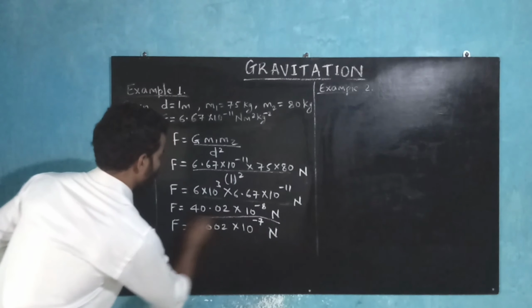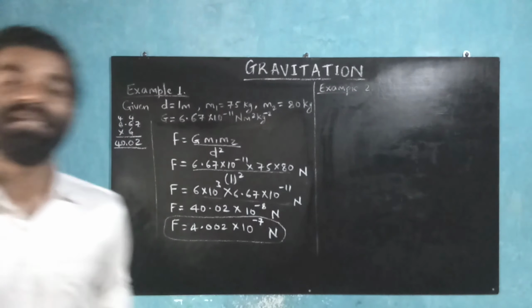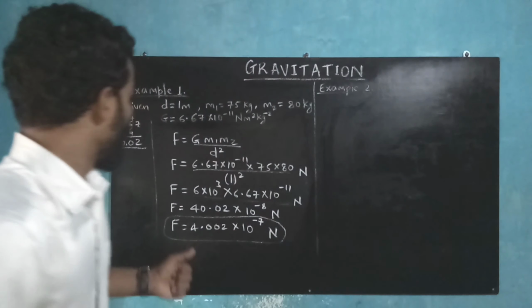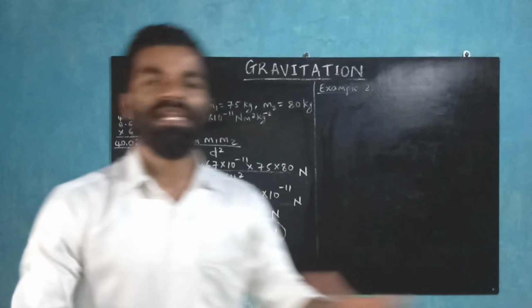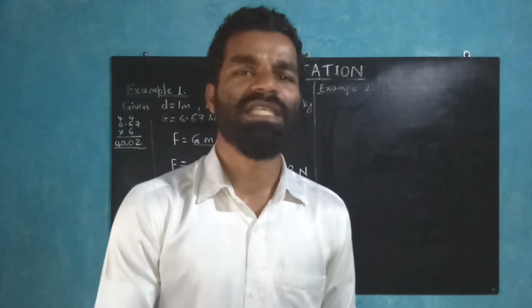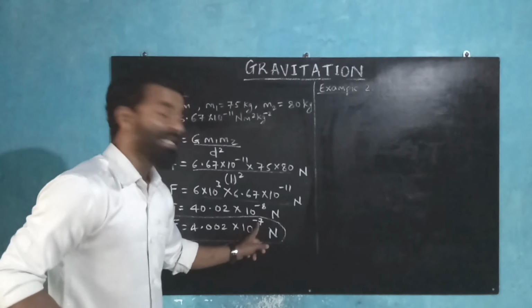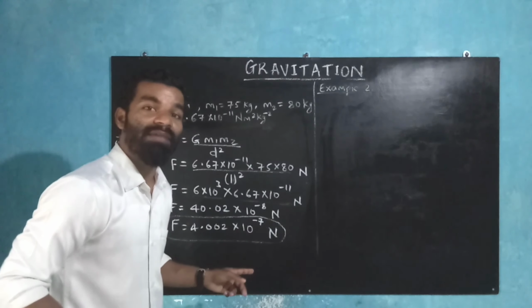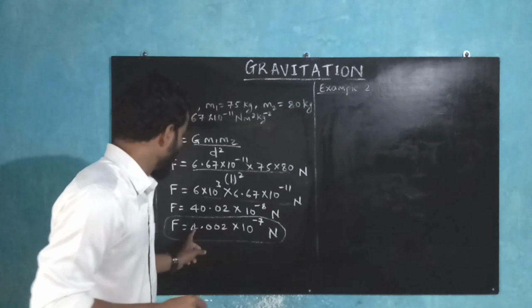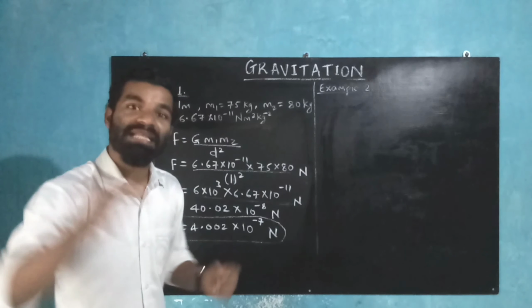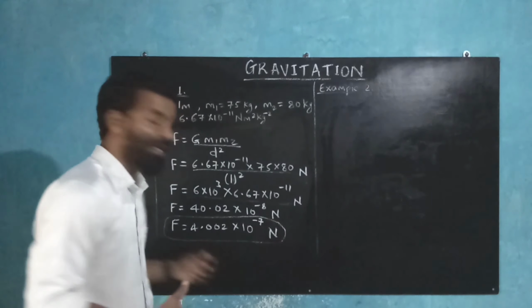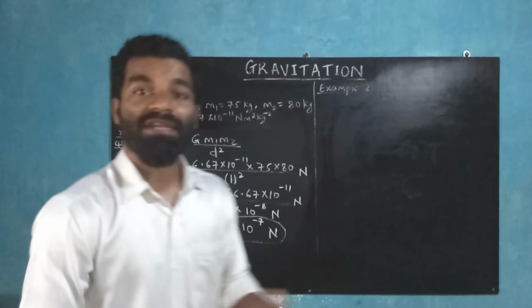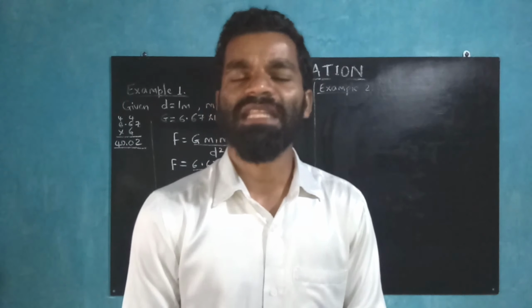So this is the gravitational force which is acting between Mahendra and Virat when they are sitting 1 meter away from each other. This number looks like a very big number, but the value of this force is very small, because since it is 10 raised to minus 7, when you take it to the denominator, it becomes 10 raised to 7. So there are 7 zeros after 1, and this 4.002 you have to divide by that big number. So the value of this force becomes very small. You can see that the gravitational force between Mahendra and Virat is very less.